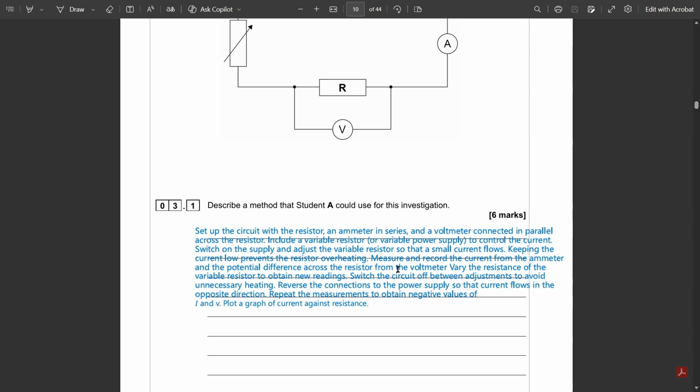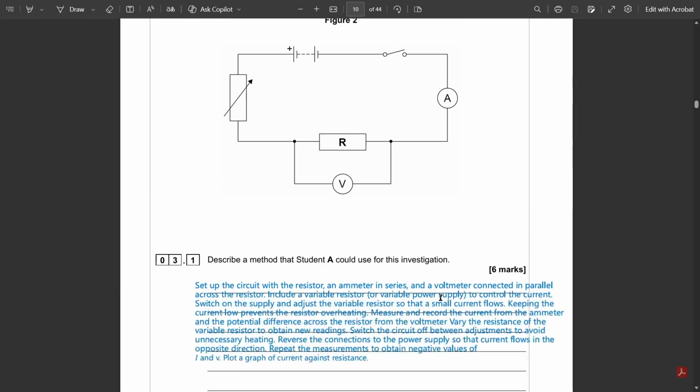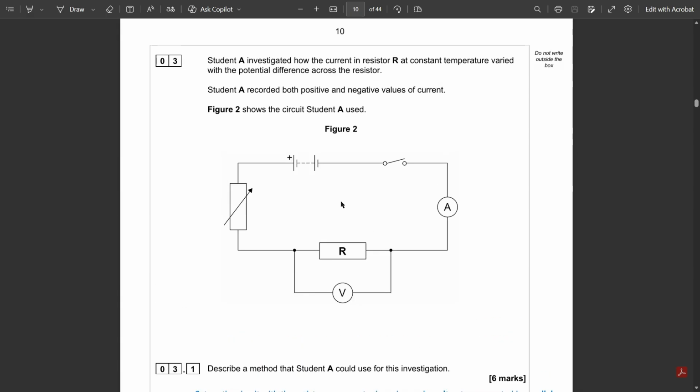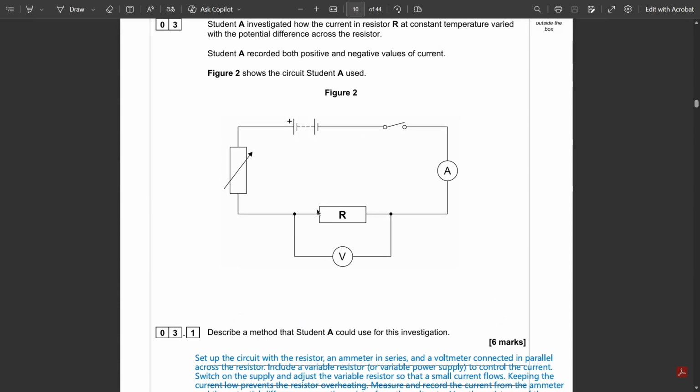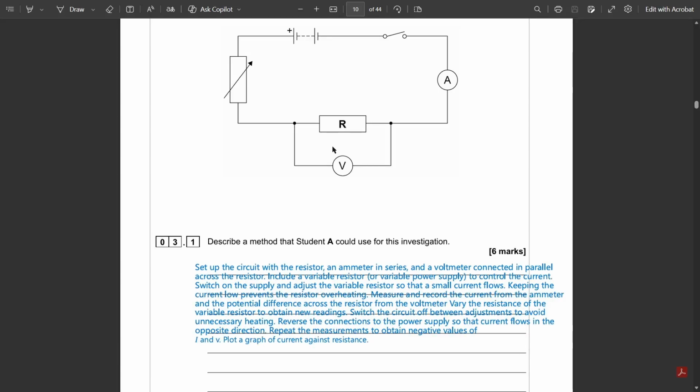to avoid unnecessary heating. Then you reverse the connections to the power supply. So we just flip the power supply around. We can do that because there are no diode or LED components. And so we do that so the current flows in the opposite direction, and we repeat the measurements again to obtain negative values. And then with all those different values,